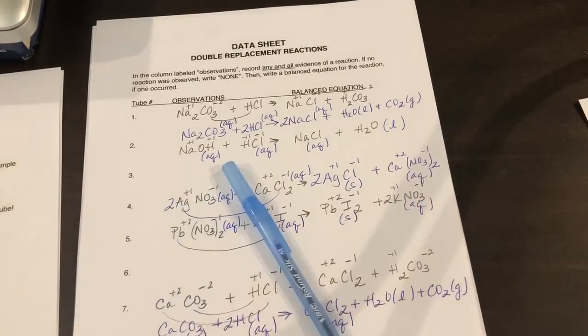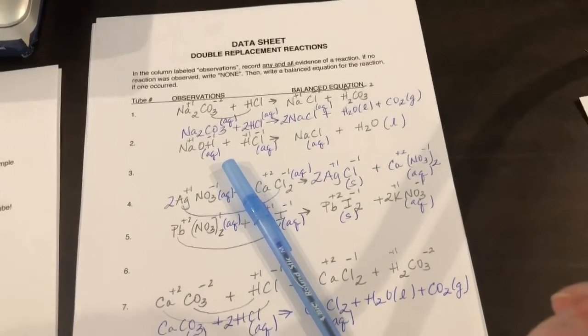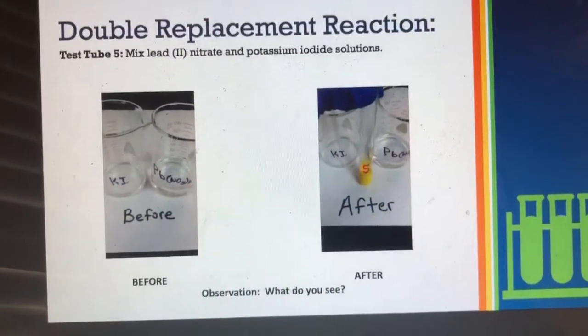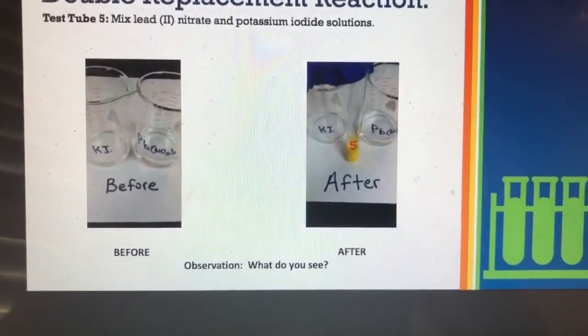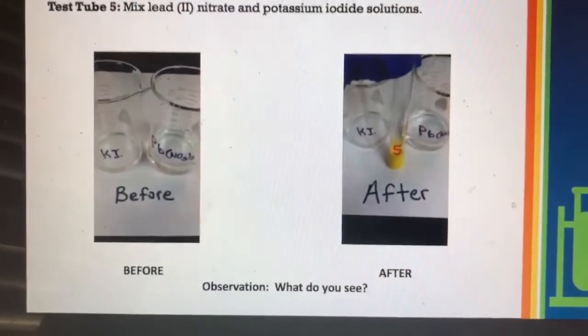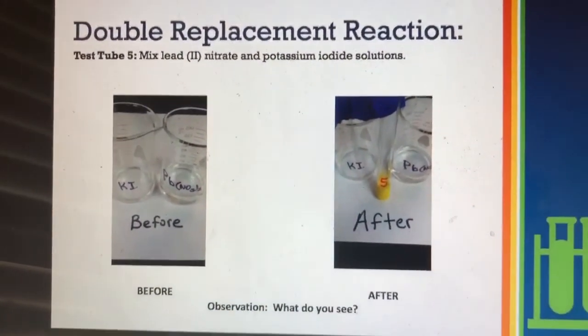So I want to take a second and actually look at this one because, let me pull it up, this is number 5. So this is actually a really cool one that you'll notice. If you see the precipitate that's formed in this case with the lead iodide, it's yellow, okay? So you do see some kind of cool stuff happen in lab. Unfortunately, we don't get to see this real time,